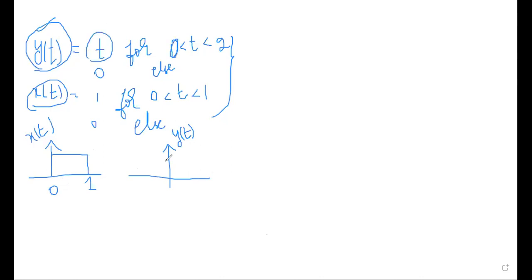Now, when t is equal to 0, y of t is equal to 0, so the amplitude is 0. When I substitute t as 1, my output y of t is 1. I hope you are getting this. And when t is equal to 2, then my output is also 2. So I am getting the ramp signal like this. And I cannot draw the ramp signal continuously, because they have mentioned I have a signal only between 0 and 2. So I have to complete the diagram like this.